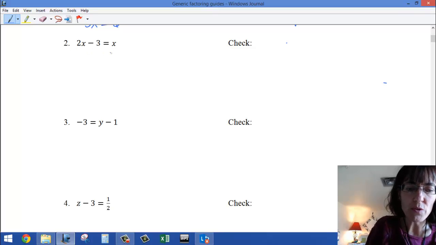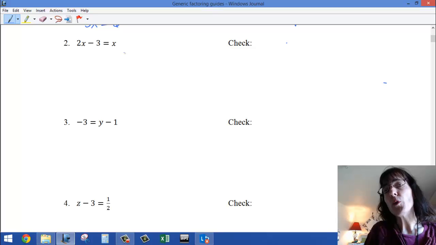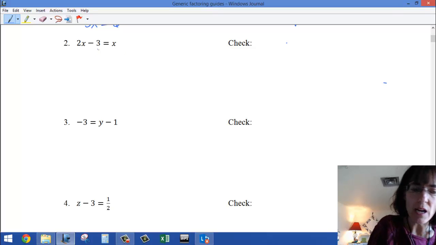I can choose either side to move them to, and on this equation I see that I have a positive 2x on the left and a positive 1x on the right. Now normally I would move the term with the smaller coefficient to the side where it had a bigger coefficient on the x. But in this case, I want to do it a little differently because I have the